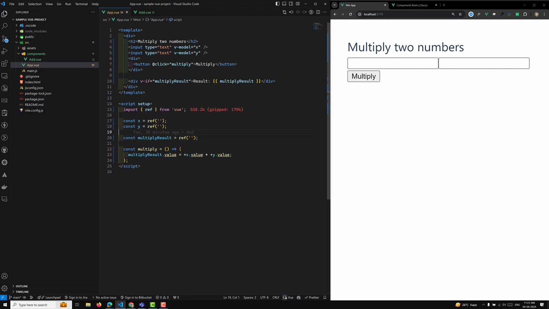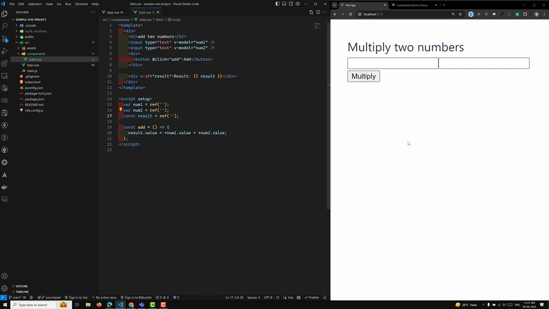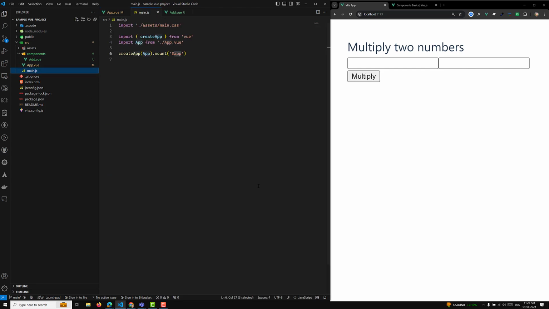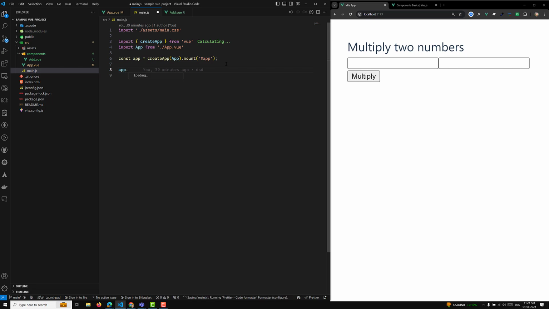Now if you want to show this component, or render this component in this HTML, right now we are not able to see it, and no errors are coming either. So if I want to show this, what do I need to do? In two ways we can register a component. One is we need to go to the main.js file, and here you will have, let's say, a constant app. Here this is the app, and here you can do app dot,